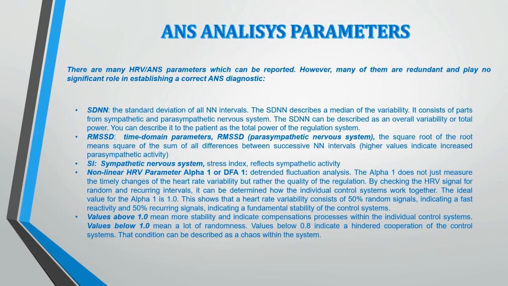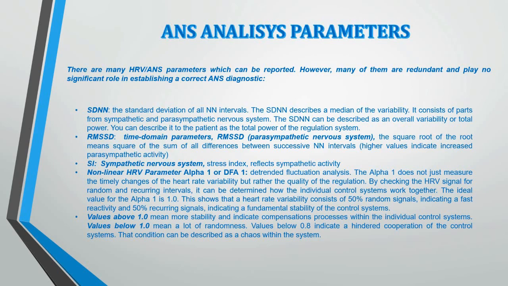Okay, another very important thing to understand is that there are many HRV and ANS parameters which can be looked at and reported. However, many of them are redundant and play no significant role in establishing a correct ANS diagnostic, and that's why when you get the ANS analysis system from Lyra.com, of course link as always in the description box below, this system concentrates on the main 6 parameters that give you the most important information that you need,